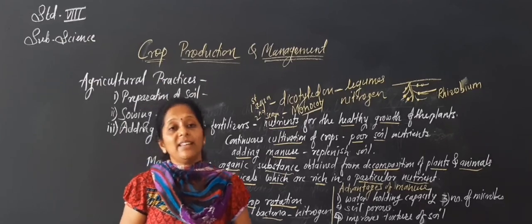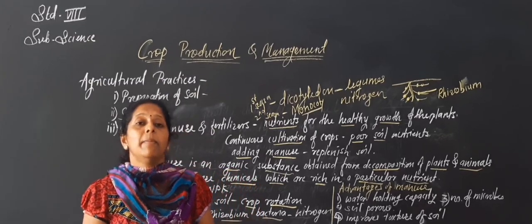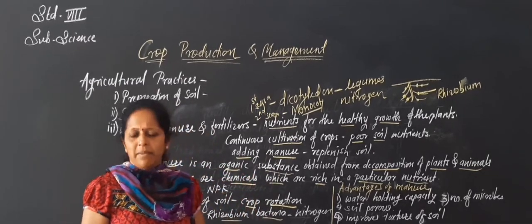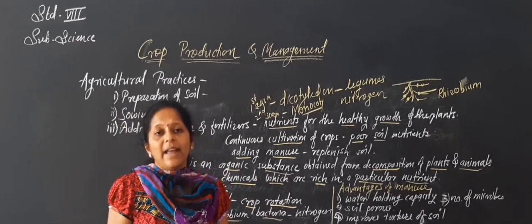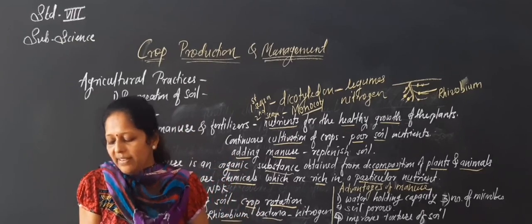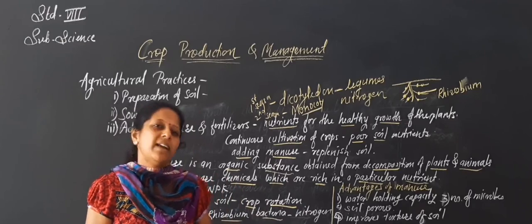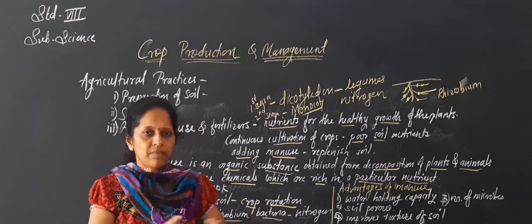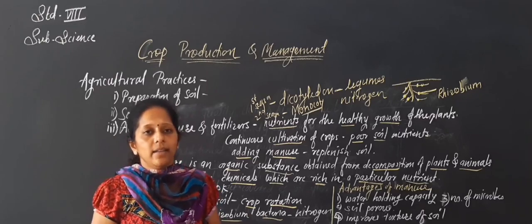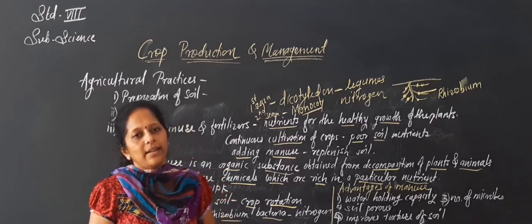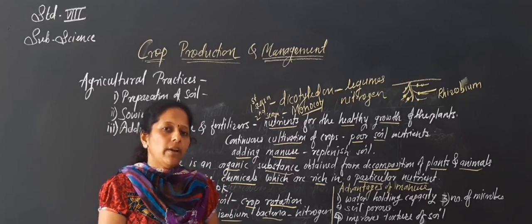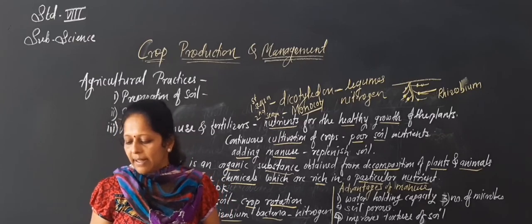Next, what are the differences between fertilizers and manure? Fertilizers, as I told, are man-made inorganic salts. They are one type of substance which is man-made. And manure is a natural substance obtained by the decomposition of plants and animals. See in your textbook, the difference is already given, and I am explaining it. First, fertilizers are man-made, and inorganic salts and minerals are present in them. Manures are